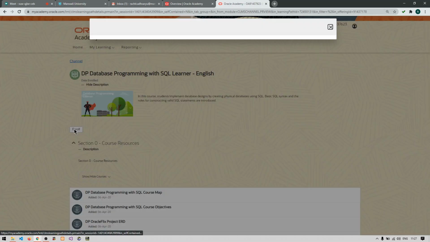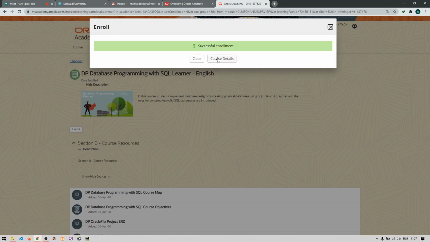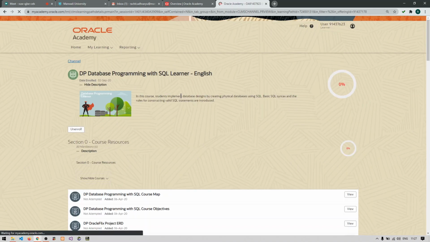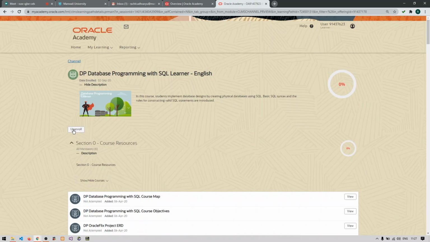So you need to click on that. You will get a message, successful enrollment. So just close it and refresh your page. Now you will be getting your Unenroll button. No need to click this. You will see here this 0% bar. That means the course has been completed 0%.